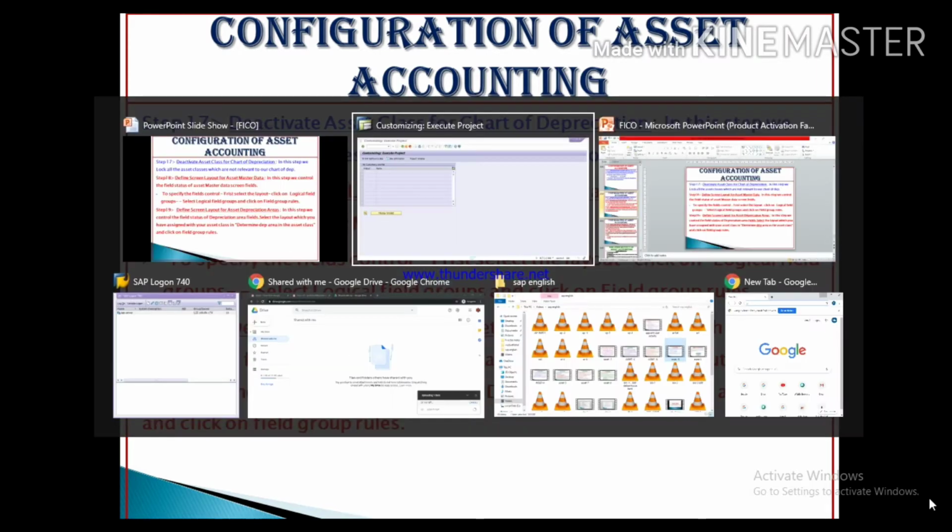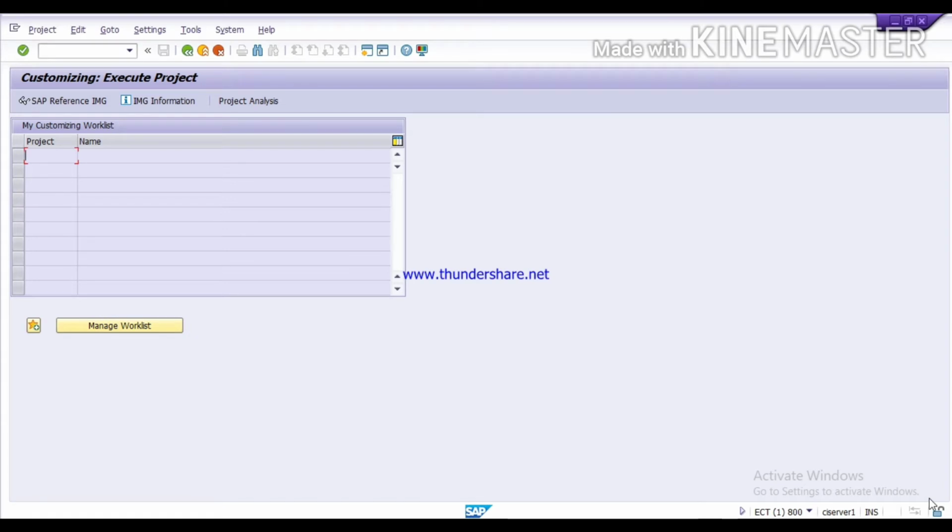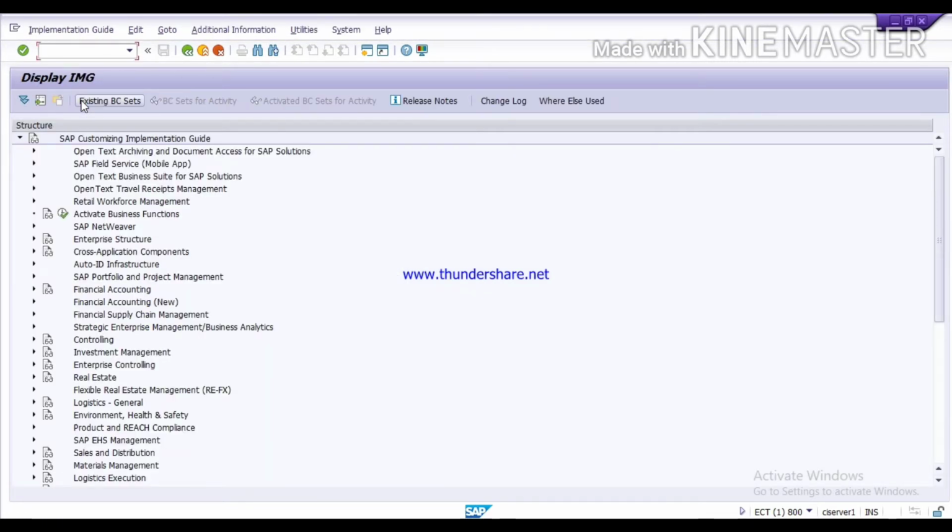So let's go to the SAP screen and run the T code SPRO and press enter. Then click on SAP Reference IMG. Now click on Financial Accounting (New).